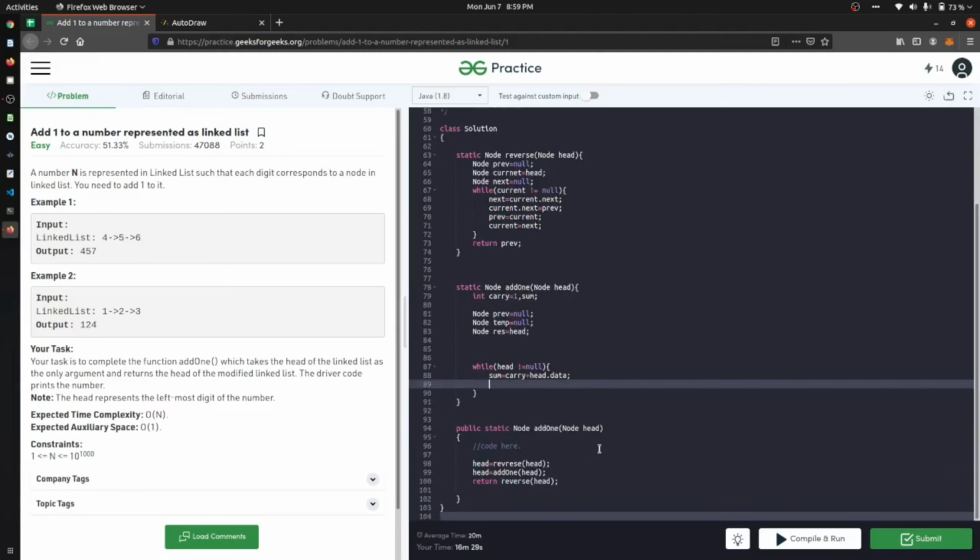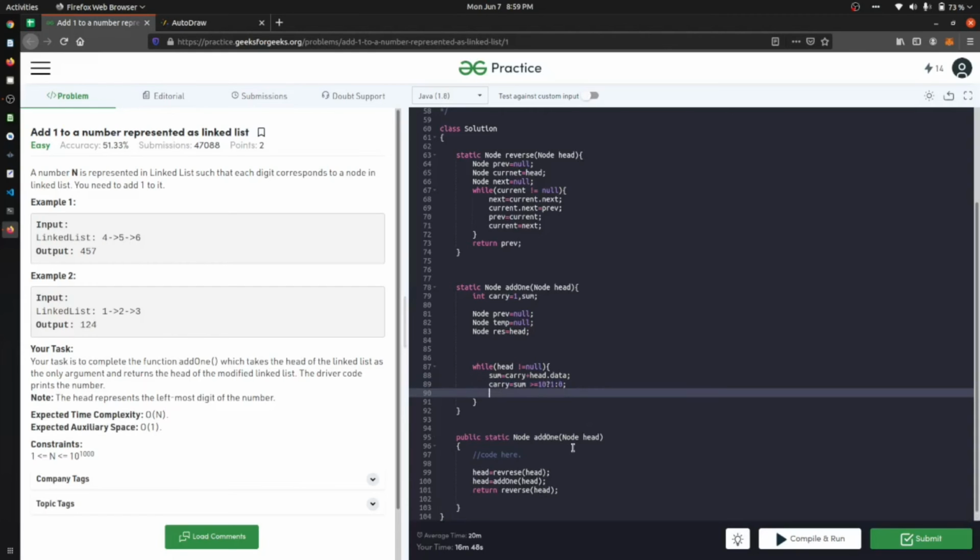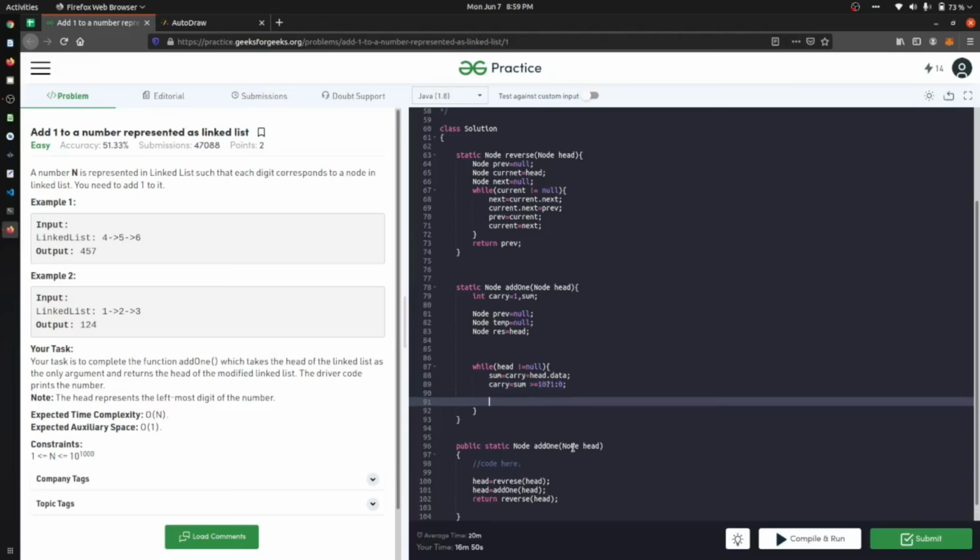Now we will find the carry. Carry is equal to, if sum is greater than or equal to 10, then we add the carry 1, otherwise we add 0. Now we will update the sum also, because we have to take care of that.